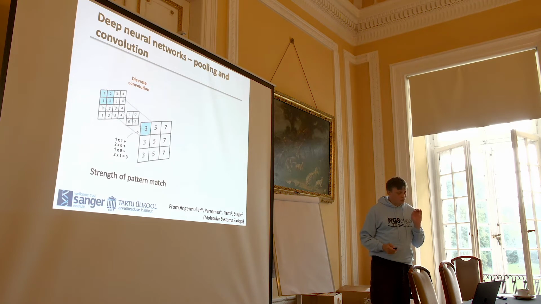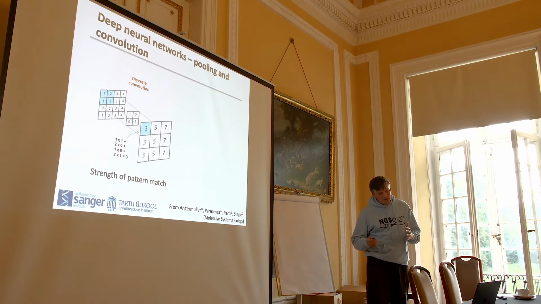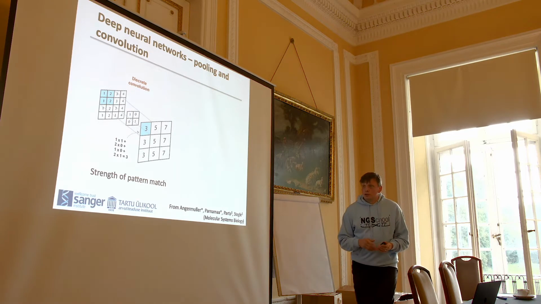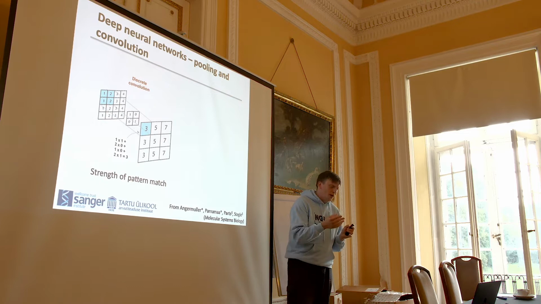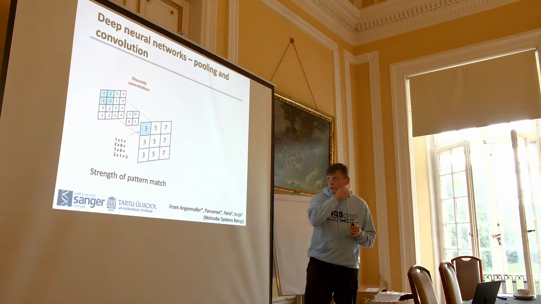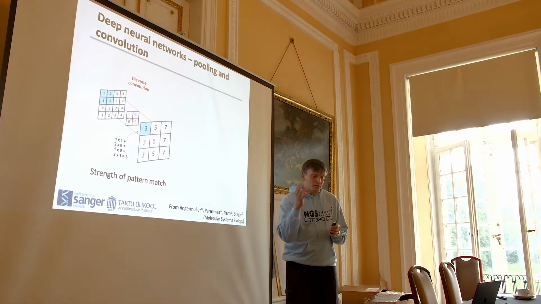I just highlight two more examples of operations that are common and are worth internalizing again, and then we'll get on to the examples. The two operations that are most common in deep learning and that are worthwhile having a good intuition about are convolution and pooling. So first, convolution, you can think of it as pattern matching.